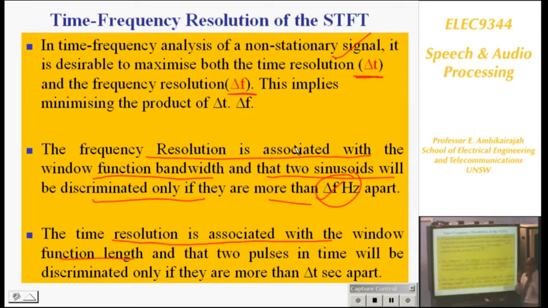Shorter the window, better the time resolution. If you say it's a large cutoff frequency, 1 over cutoff frequency will correspond to the time resolution. So you will find two pulses in time will be discriminated only if they are more than delta t seconds apart. So in summary, if you've got a large window,